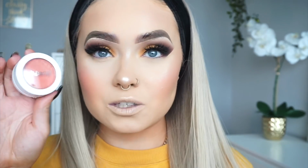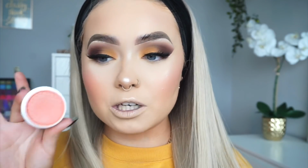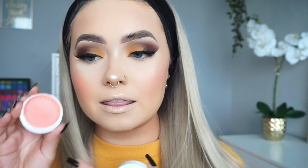So beautiful. Such a gorgeous colour. That's one thing I also love about Colourpop blushes as well. I think I've mentioned this before, but looking at this in person, it does look quite scary. I'm not too sure how it's coming off on camera, but I have quite a few Colourpop blushes that look very, very scary in the pan. They're just really, really bright and vibrant, but they are so, so subtle and just such a nice kiss of